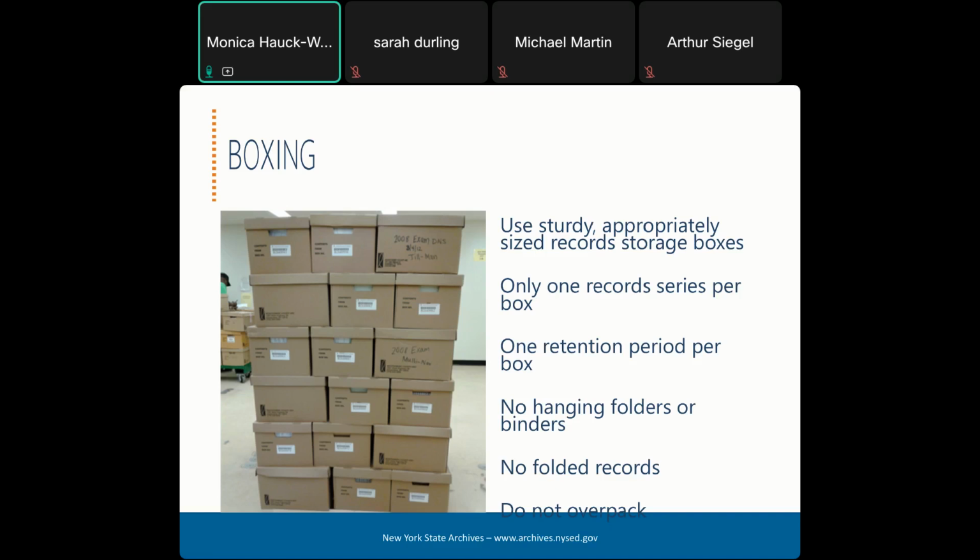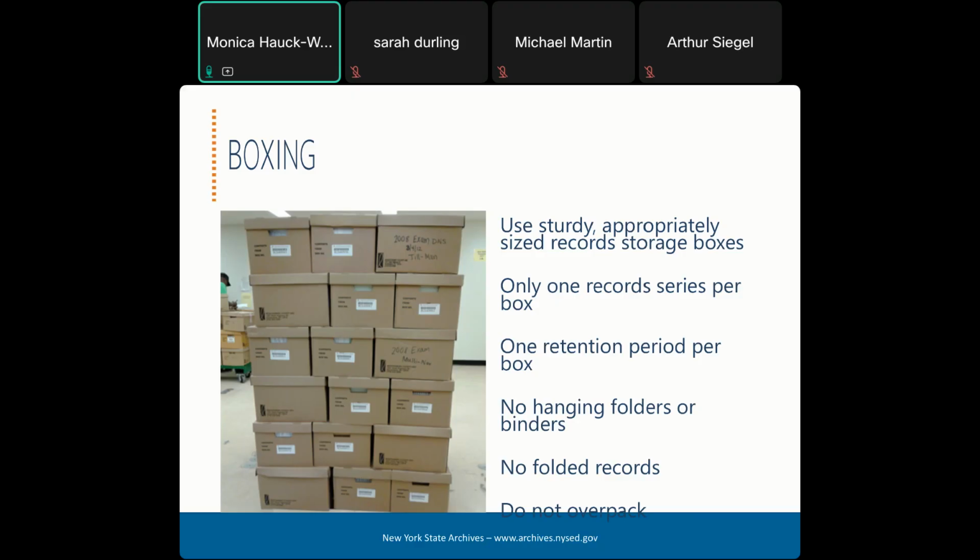If staff are pulling records from a filing cabinet to put in a record storage box, they might be tempted to just grab the hanging file folder that you're using in the filing cabinet and plunk it straight in the box. Please don't do that. As someone who's moved a lot of boxes over the time, I know that the little hooks on those hanging files can scratch your fingers, they can cut your fingers, and they can also be a problem for the box itself. They can distend the box so that it doesn't fit as nicely on the shelving. It's more likely to fail over time.